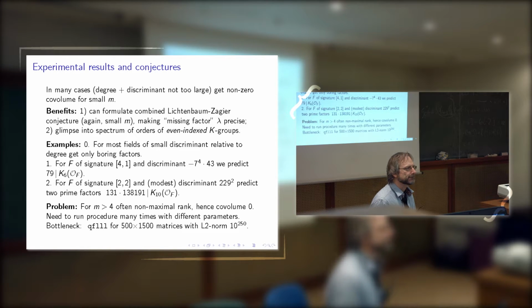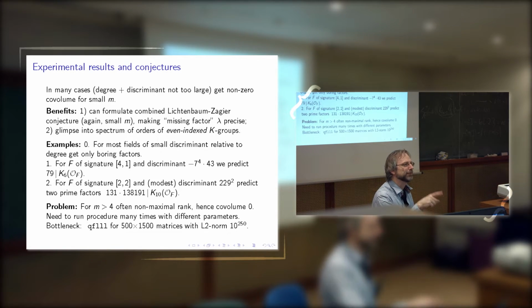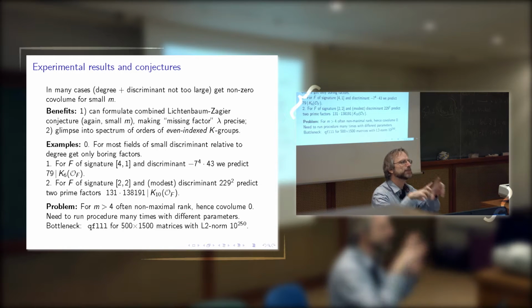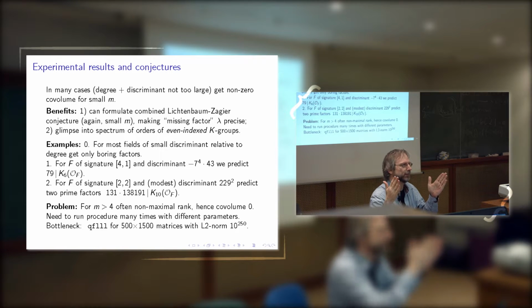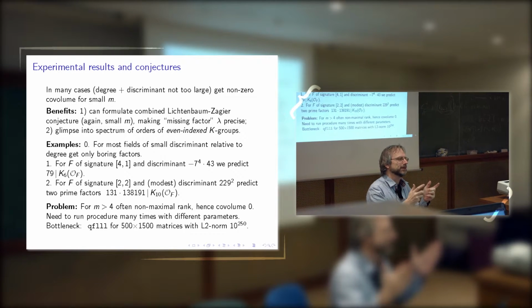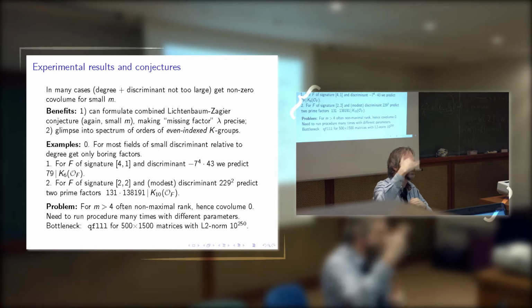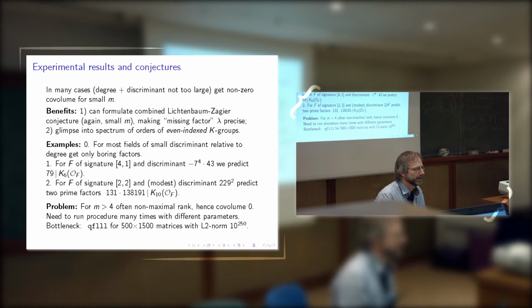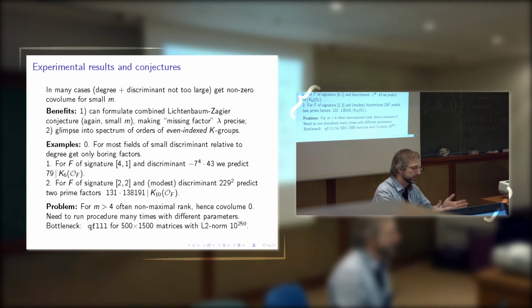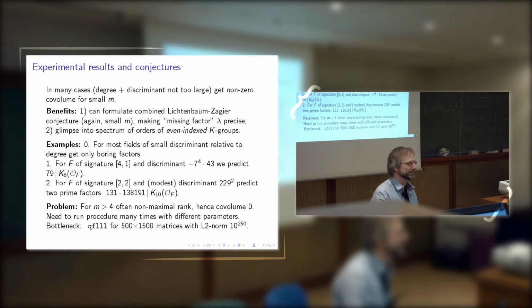So how does that work with the conjecture when the covolume is 0? No, but you can't do it. No, the covolume will be non-zero, but I find covolume 0 experimentally. I don't have enough to generate the full lattice. So you know what the rank is for the lattice, but you just don't find enough generators. And so here, at least, that's my current bottleneck. I'm sure that one can improve a lot on that.